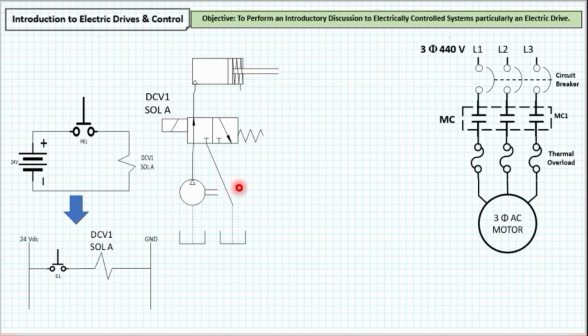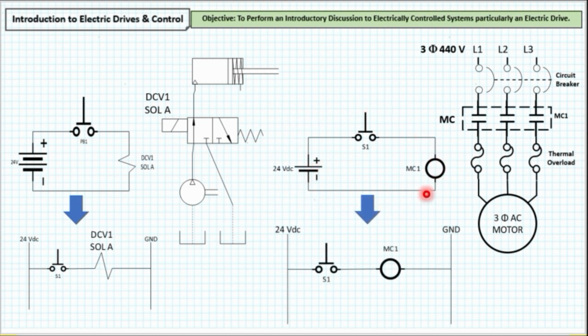Another example is a three-phase, yung kanina. So three-phase AC motor with a magnetic contactor. So we have a schematic diagram of its control circuit. So if we convert it to a ladder diagram, so ganito yung magiging itsura. Okay, so we have a switch, a load, that is magnetic contactor, okay, and a 24 volt DC supply, and a ground. Using ladder logic diagrams, we have several do's and don'ts.